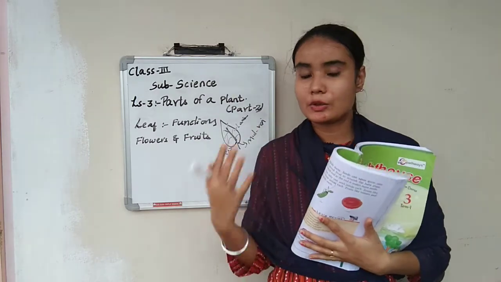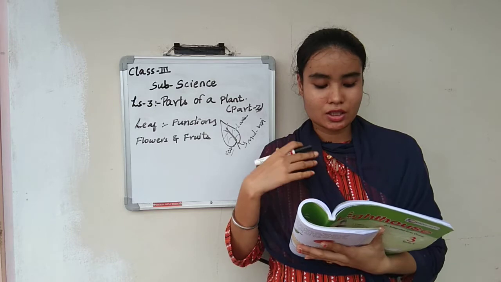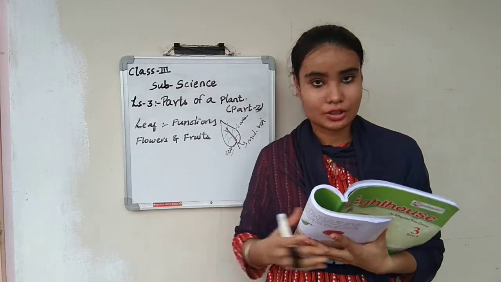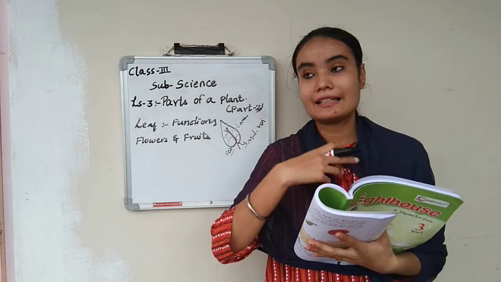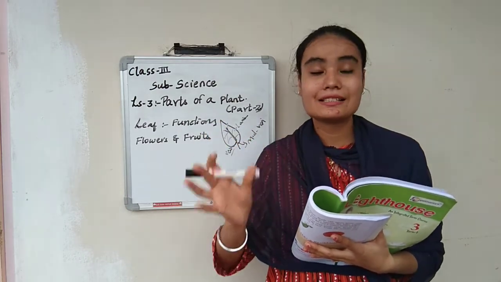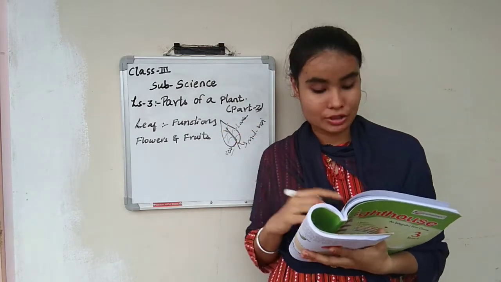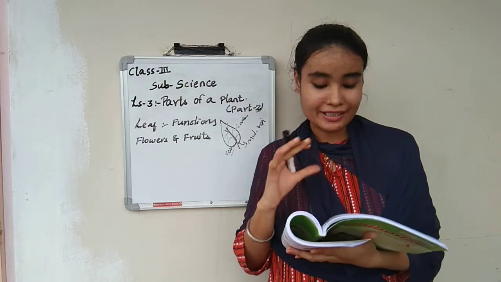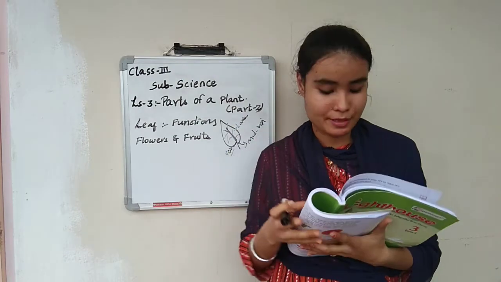As we all know, plants breathe in carbon dioxide and give out what? Oxygen. But human beings breathe in oxygen and give out carbon dioxide. Plants are different. Plants breathe in carbon dioxide and give out oxygen. They have stomata, the tiny holes, and the stomata help them with the process of respiration.